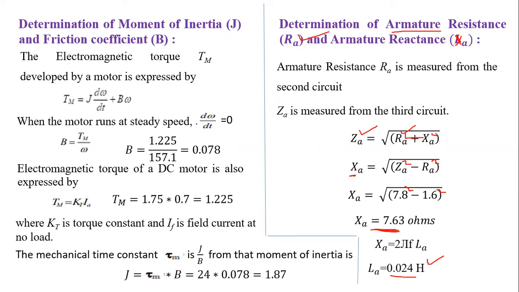And now we need to calculate the mechanical constants, that is, the mechanical coefficients J and B, the torque constant and the mechanical constants. First we will check how to calculate the back EMF constant, that is from the graph. First you will see the graph, and then the determination of moment of inertia J and B, the mechanical constants. We will see.